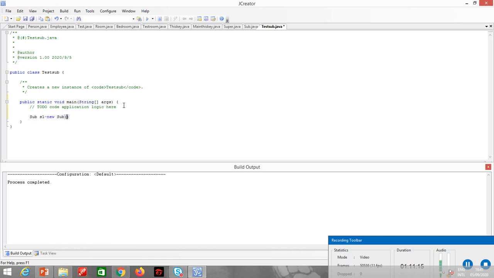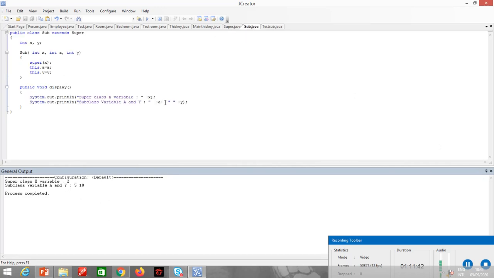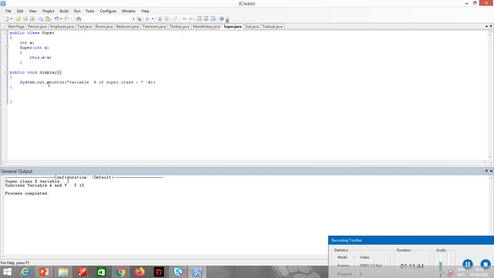Let me pass three parameters over here, 2, 5, 10, and s1.display. Since the parent class and child class have the same method name, it is method overriding. The child class method will be called. Superclass 2, but it is calling from the subclass. It is not calling the superclass method, right?